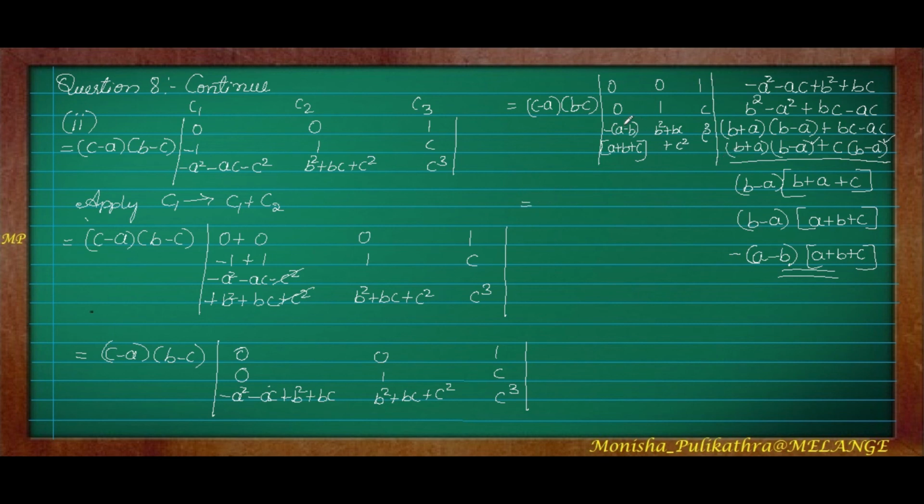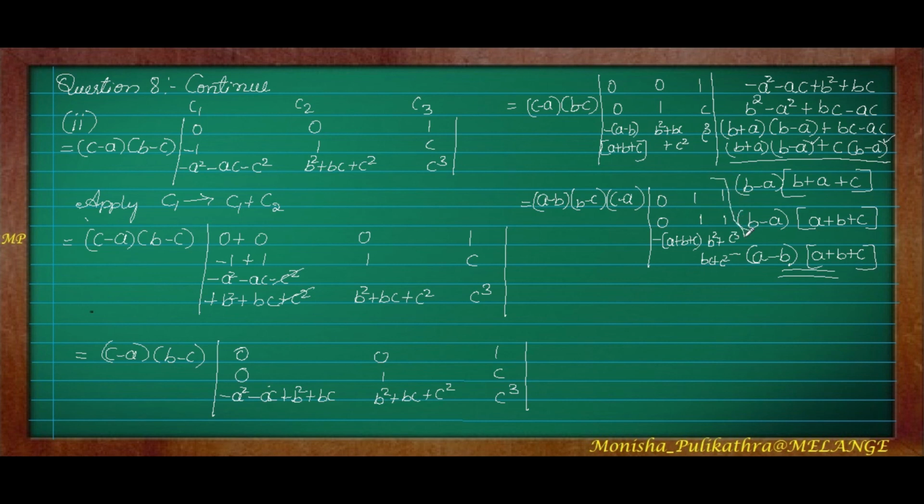So next, here I will be taking this A minus B common, only from column 1. If I take one number, I have to take it from one column or one row, not from all the columns and all the rows. So I will be taking A minus B common. Again here it is B minus C and C minus C, it's already there. When I take that common, since I have taken A minus B common, the remaining here is minus into A plus B plus C. Remaining 1, 1, B square plus BC plus C square, and the last column 1, 1, C cube.